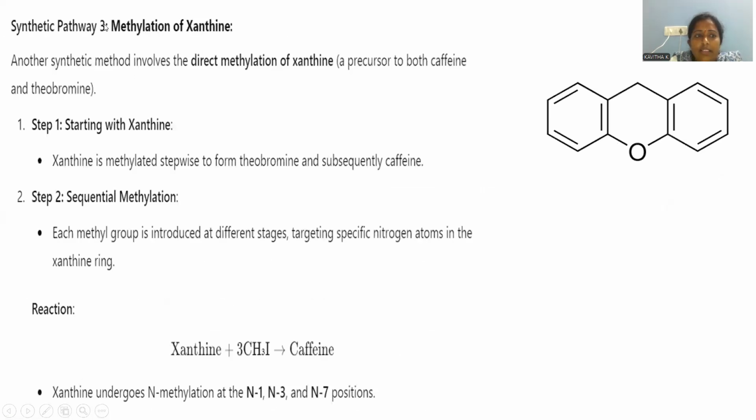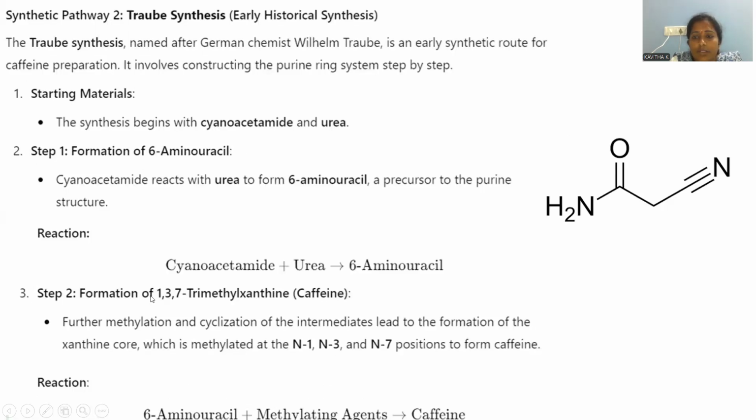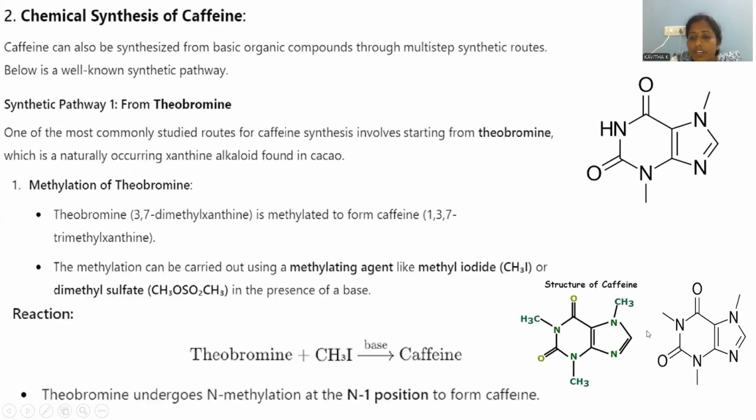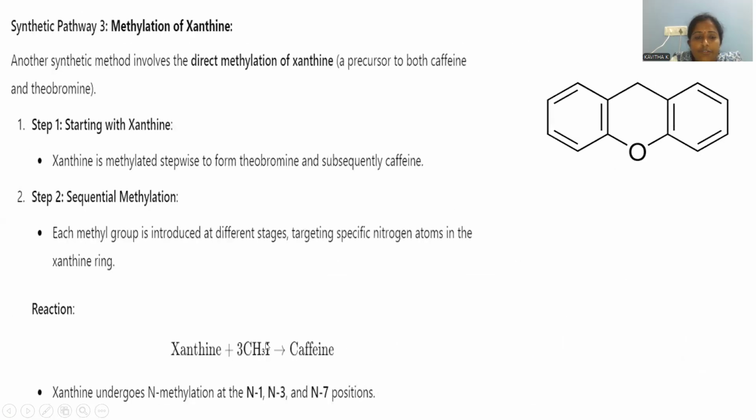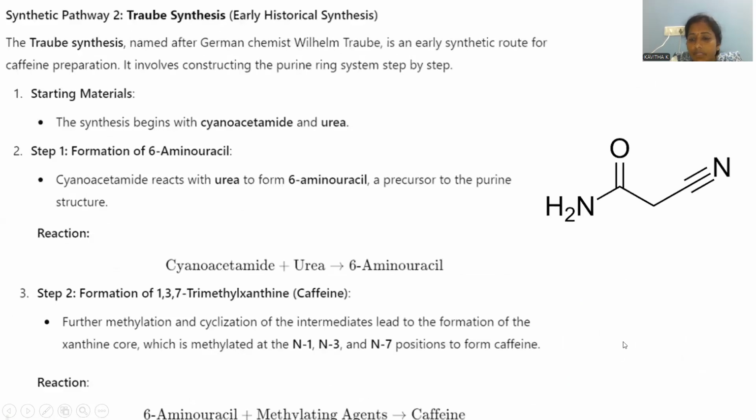Let's go with another methodology, methylation of xanthine. Already we are aware of the xanthine core. Caffeine is in the class of xanthine, right? So xanthine will be taken. Sorry, not this one. This is also a kind of xanthine, but here, whatever moiety is present, this is the core which is called the xanthine core, and that kind of xanthine was taken and treated with a methylating agent, right?